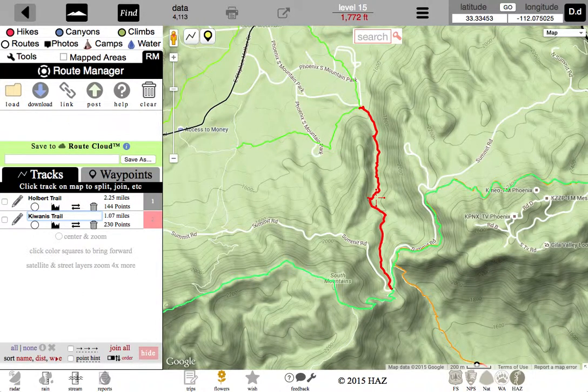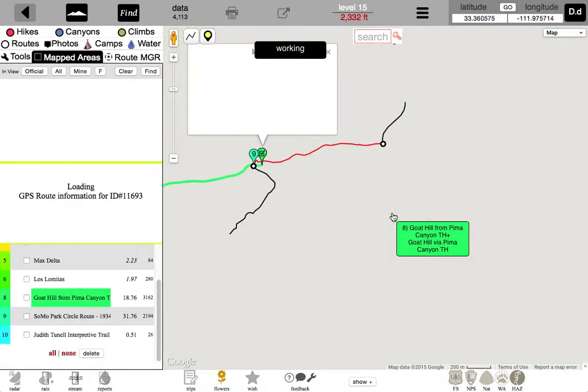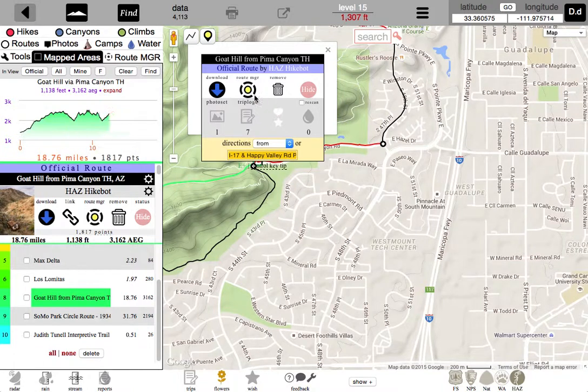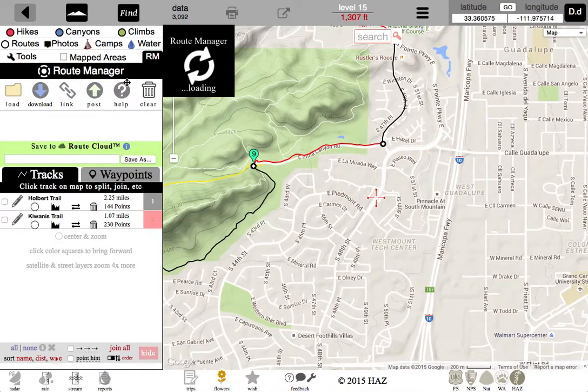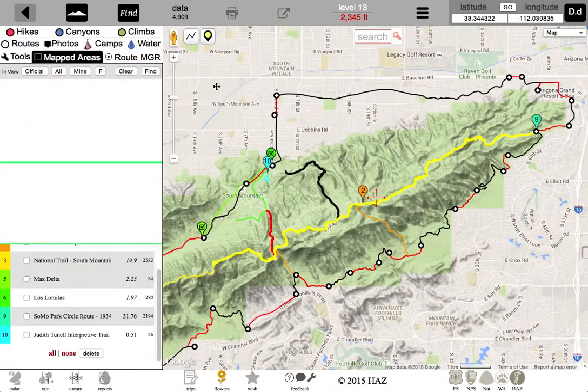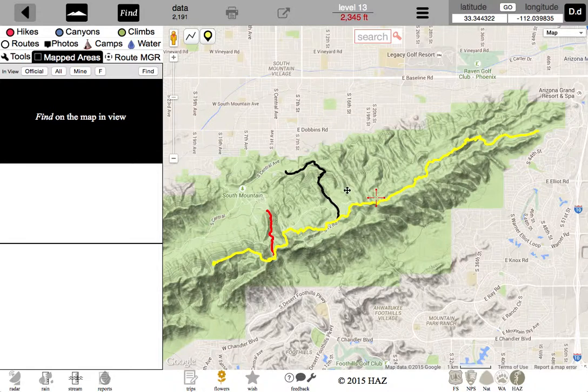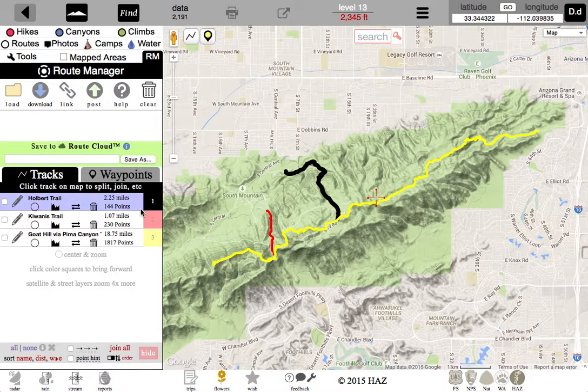And then I have a couple routes overlapping here. Either are going to work because they follow the National Trail. I'm just going to send this one to Route Manager. And I'm going to go back to my mapped areas, because when you do the right click and you do plot in view, it's going to put everything under these mapped areas. I'm going to clear the rest of it. Boom, they're gone. Okay, so now in this Route Manager tab, which is a GPS route editing software built into the map,